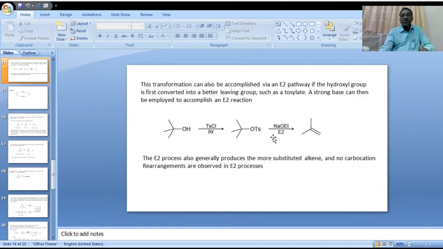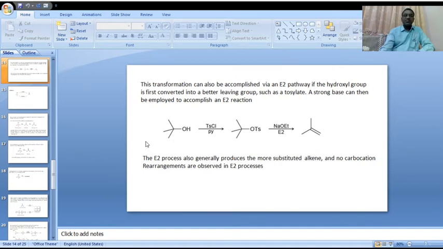In the single step, the leaving of H and OTs happens at the same time, because the reaction proceeds by an E2 mechanism,